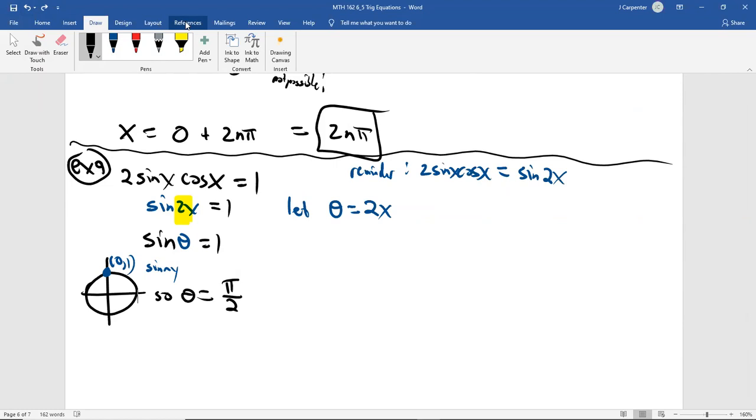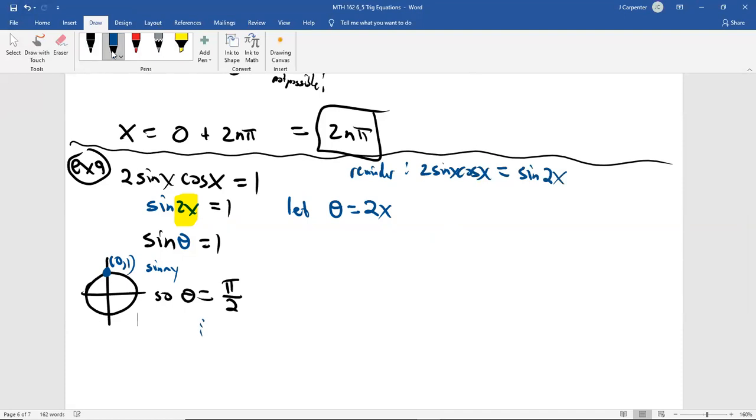But here's another issue. With this being a 2, I'm going back to the highlight, with this being a 2, the period of sine of 2x is not 2 pi. It's going to happen quicker because that 2 is a factor that affects the wave speed, as we've discussed. We've said that the period is 2n pi over b, which the 2 here is the b. So what we have to do, even though I did not say this was bounded, we know that we do a plus 2n pi somewhere. But if you keep going,